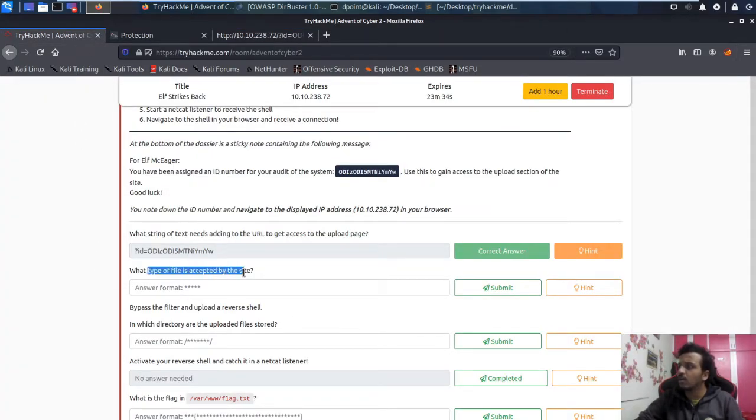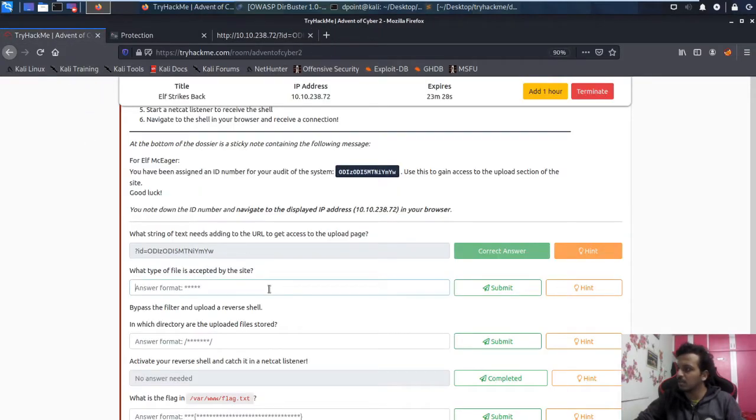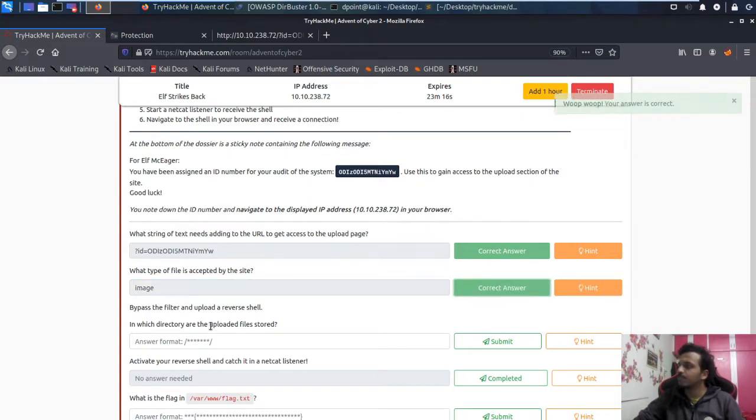So what type of file is accepted by this site? What I am saying is jpeg, jpg, png are all images. I'll simply say images. If it was not there on the page, then we could simply have used images or image. In that case we could have used a brute force with Burp Suite to upload all kinds of extensions, and based on the parameters and the response code, we could have identified that with this kind of extension the behavior is different. Like that we could have segregated.